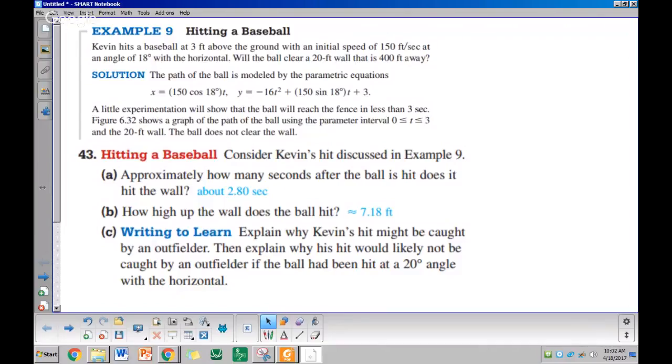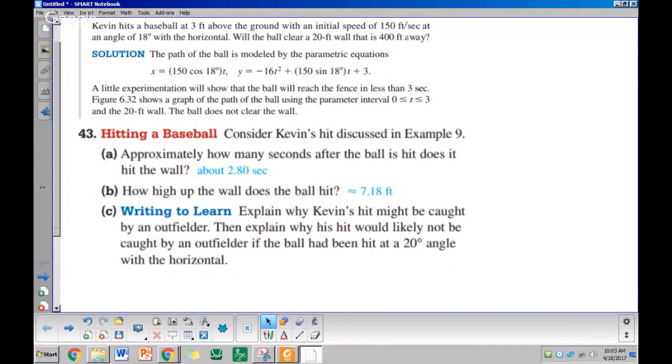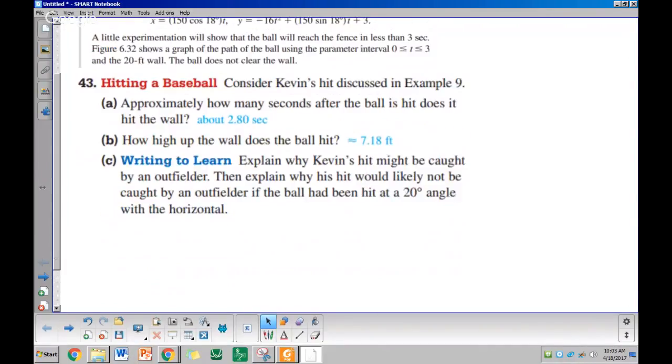Kevin is hitting a baseball at 3 feet above the ground with an initial speed of 150 feet per second at an angle of 18 degrees with the horizontal. Will the ball clear a 20-foot wall that's 400 feet away? The first thing I'm going to do is draw a picture. There's the ball that Kevin is hitting, and it's 3 feet above the ground, because he's swinging the bat 3 feet above the ground. And then it takes off